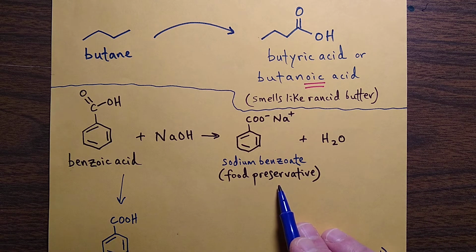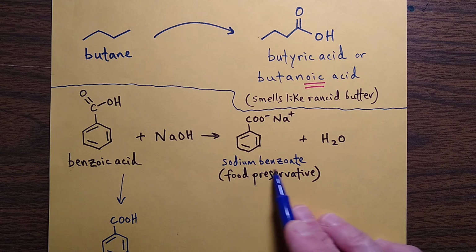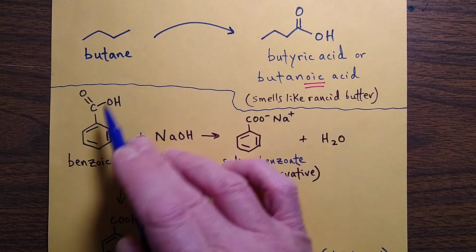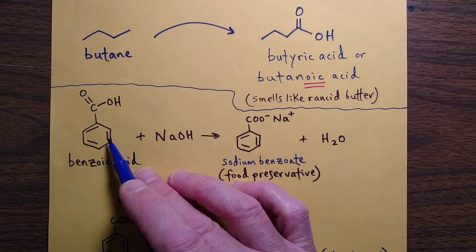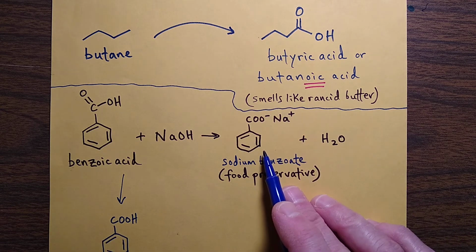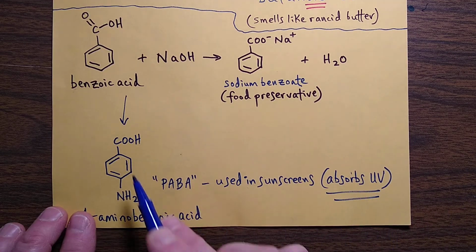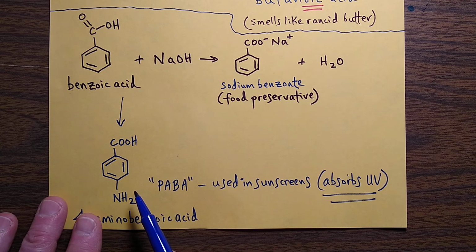This is a food preservative. Look on a label of many foods, any prepackaged food, Doritos, things like that, junk food, tends to have sodium benzoate used as a preservative. The reason is that when we consume it, in the body it's converted back into this, and this has been found to be antibacterial and it kills bacteria. It's very effective. But this is a much more stable form of it, so that's why they use it for shelf life. The other common use, or a derivative of benzoic acid that has been very useful in the past,